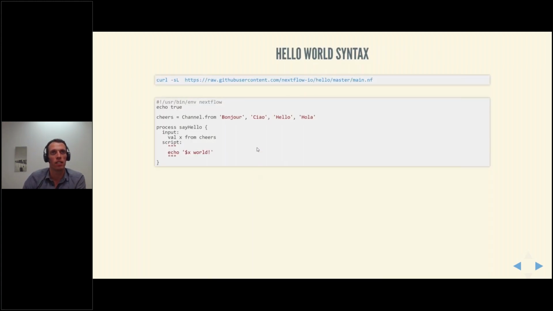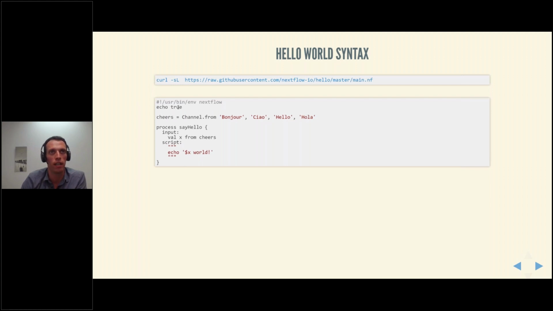So let's get started with the Hello World example. This is taken from the official Nextflow repository directly here. Your first Nextflow script can start with the shebang line. This is optional. If you don't want to execute it directly, that's not strictly necessary.